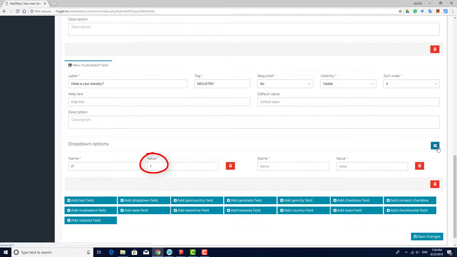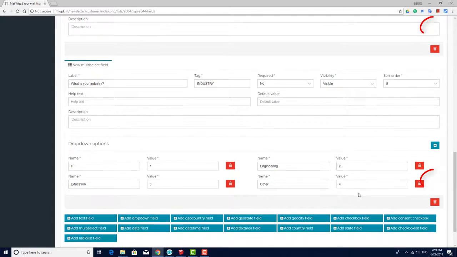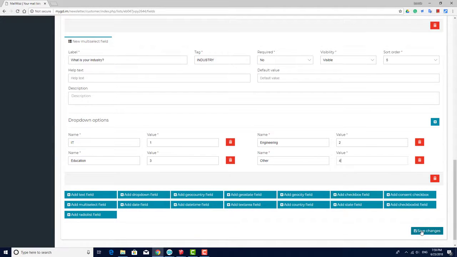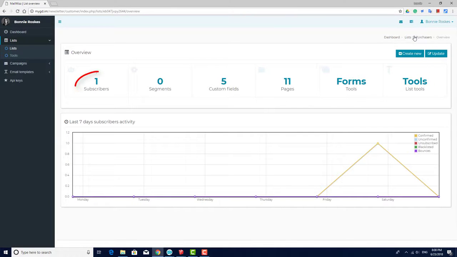Each option has a value, which is how the option will be defined in MailWiz's database. I'll enter Other for the last option. I can delete custom fields with these icons. I'll click Save Changes. Now when I go back to my list name and click Subscribers, my new custom fields